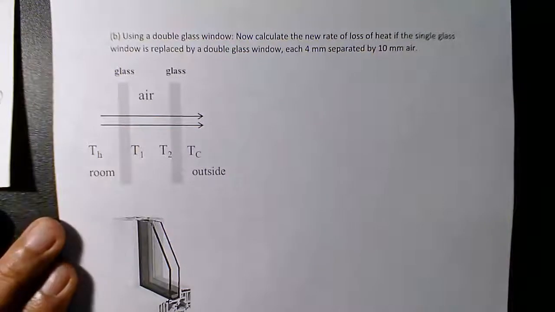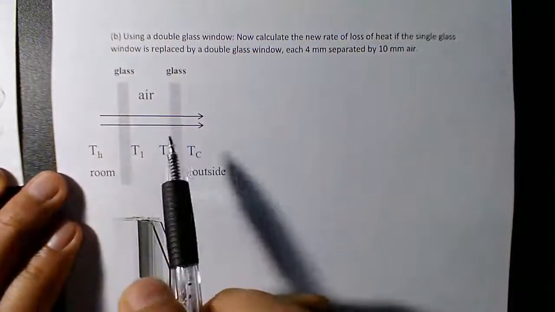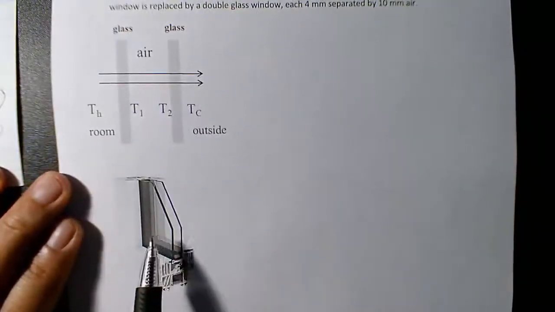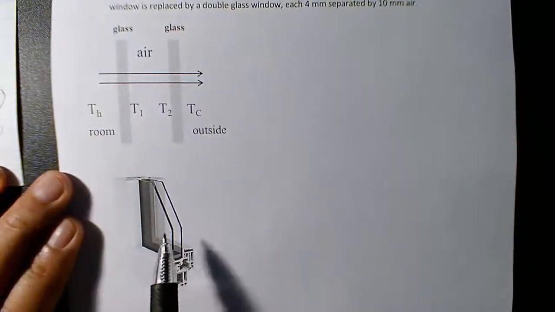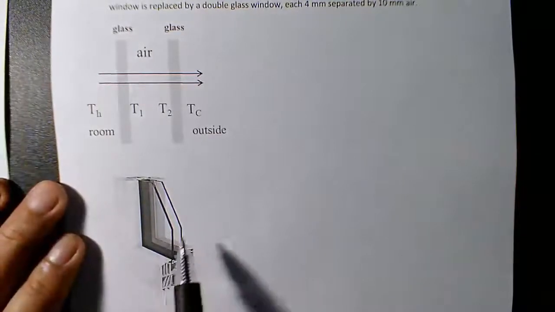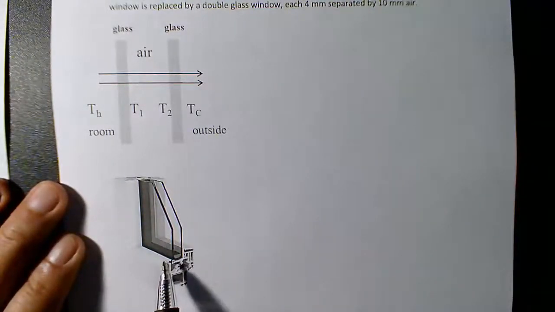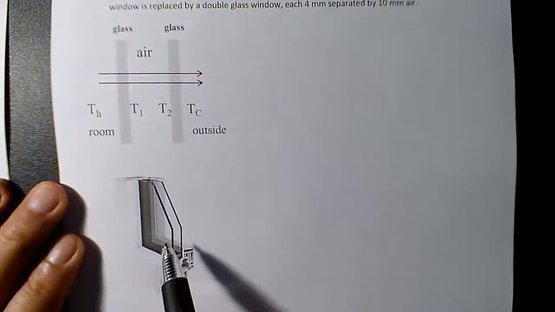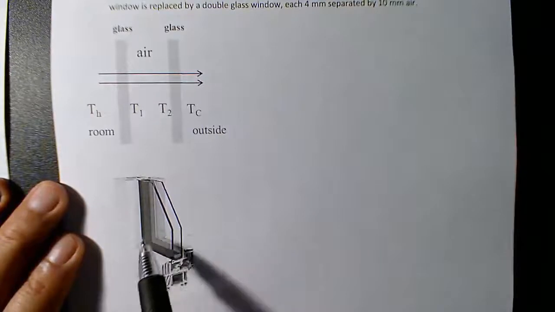Now next problem is, replace this single glass window by a double glass window. This is the actual picture of a double glass window. Most of the houses in the cold places have double glass windows. You must have a double glass window to save a huge amount of energy. Now it's asking, if you replace the single glass window with a double glass window, what would be the new